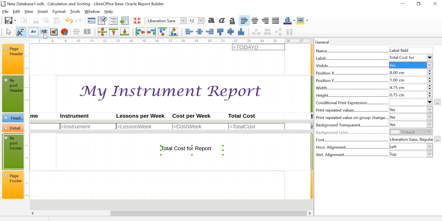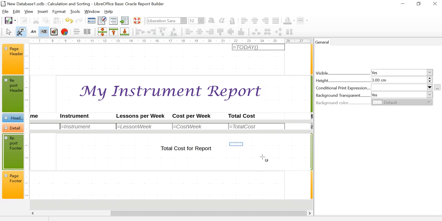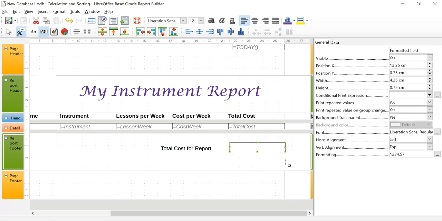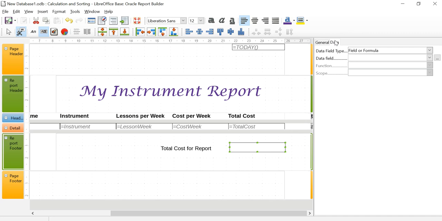And then we would go and use the text box button. So we go and add a text box in there. I'm going to put it in the report footer, but I'm going to put it underneath this total cost column so that it shows nicely. And in the properties window, I'm going to change to data, and I'm going to select from here